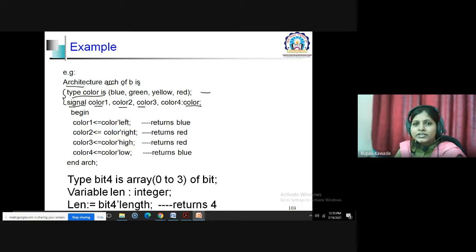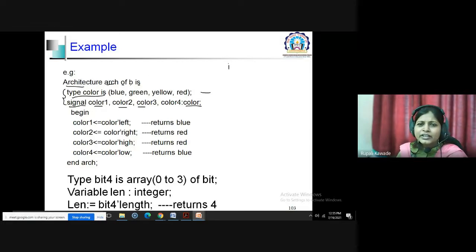So color is a user defined data type we have created, and we are creating signals of that particular data type. Color 1 can take a value blue, green, yellow, red. Color 2 can also take any of the values blue, green, yellow, red.